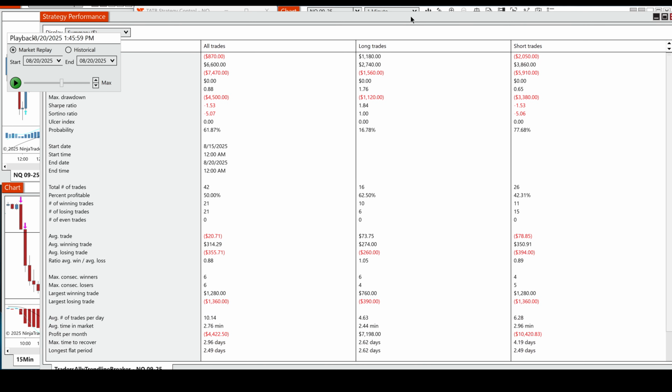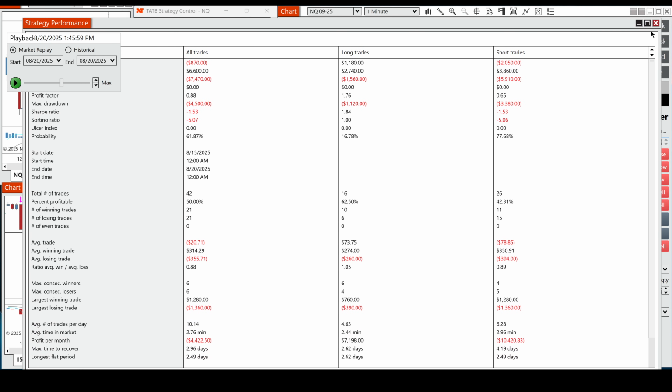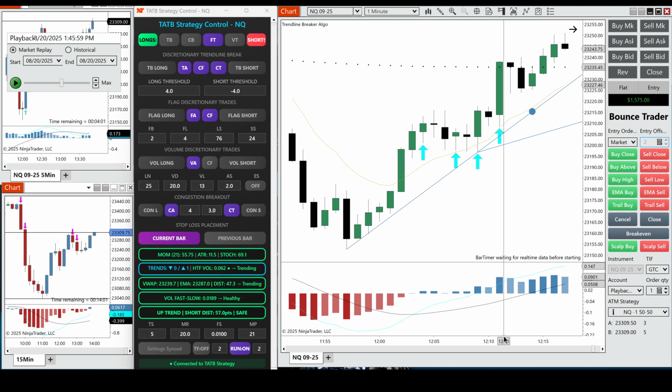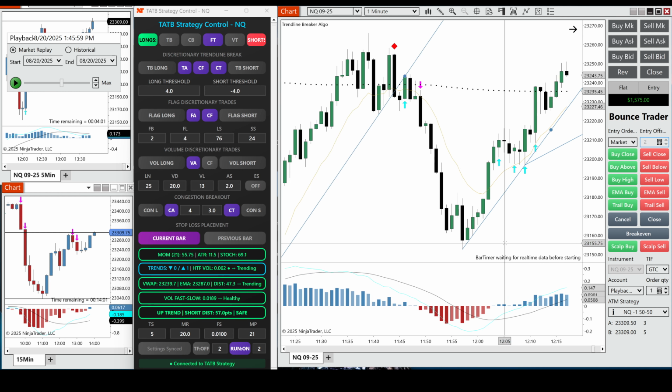Yeah, the flag trading currently is underperforming just because of the nature of those flags. Oh, here's what I also wanted to show you